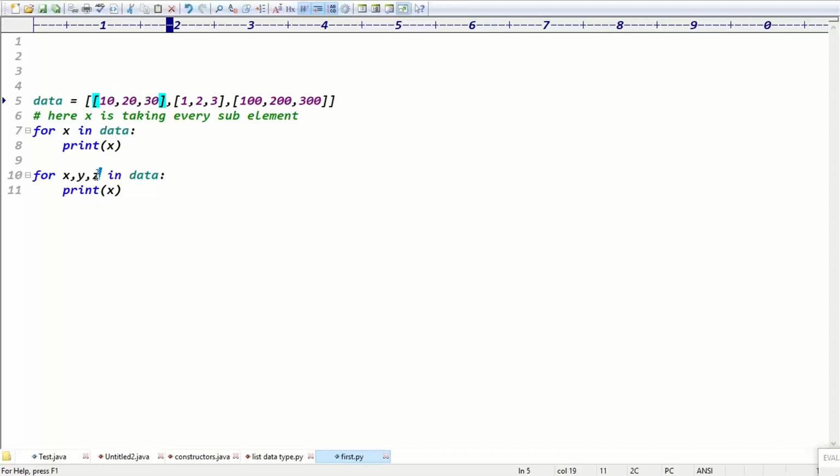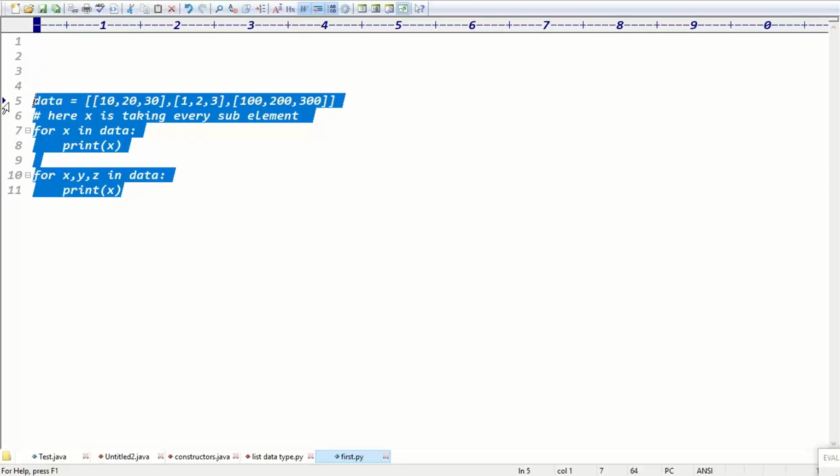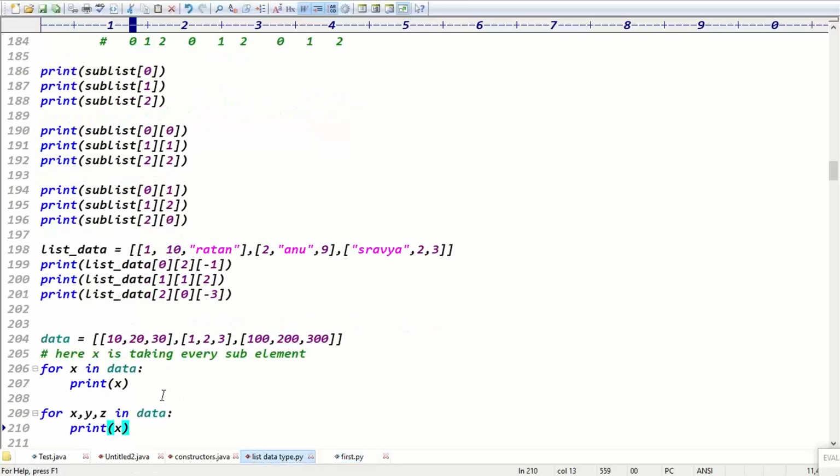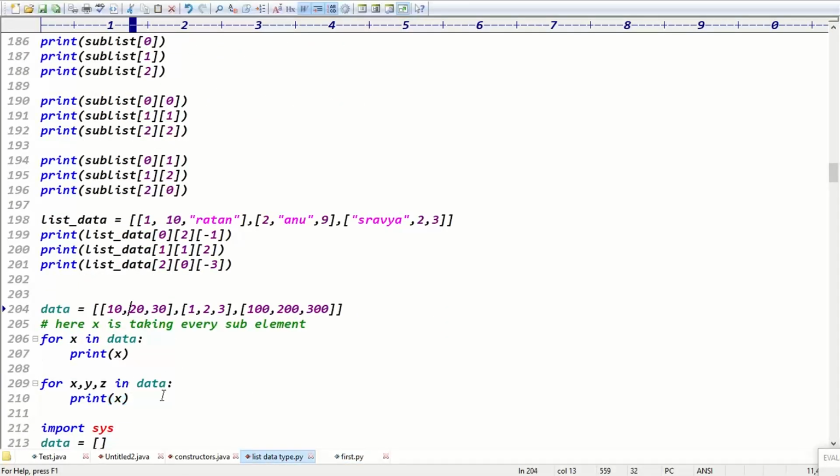In the other case we are definitely unpacking the data. This is called unpacking, guys. Are these 2 for loops clear now?